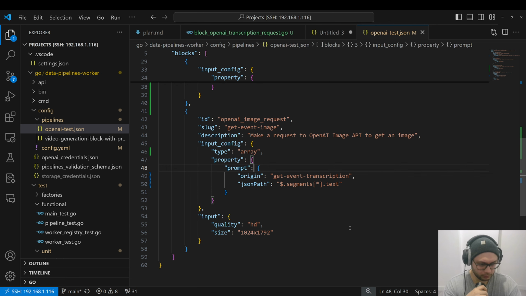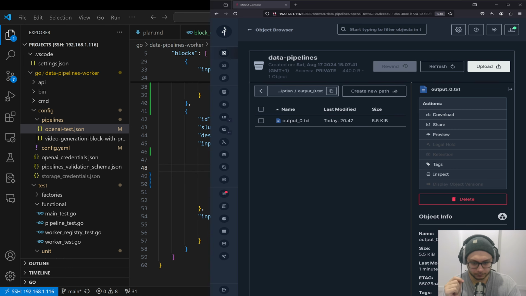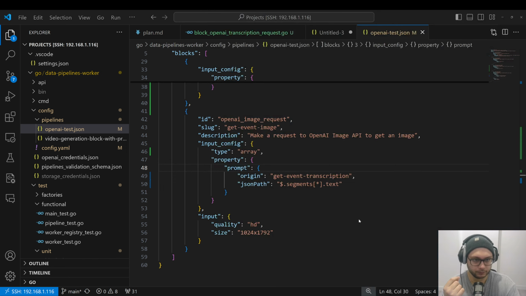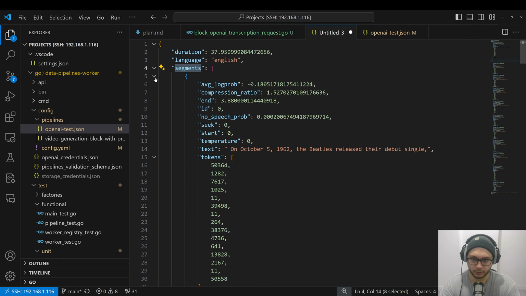Unfortunately, we are over time for 22 minutes, sorry. But in the end, what I have, first of all, I have a new block for transcription request. So I pass request to OpenAI with audio file. I get output, and this output is it's here. There are some number of